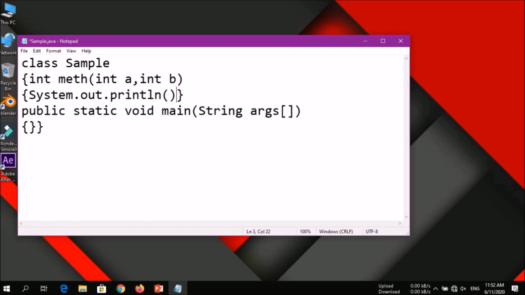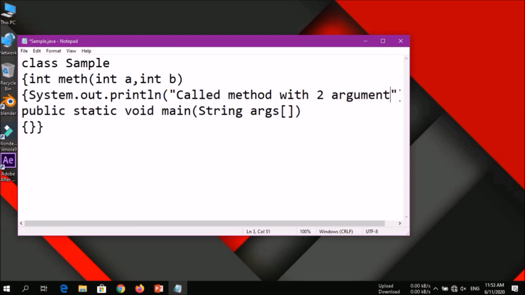system.out.println, and here we would be printing called method with two arguments.